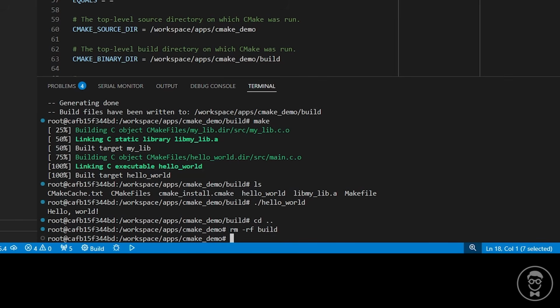Ever since CMake version 3.13, we can specify the build directory. We don't need to go into it like we used to have to do, like I just showed you. So we can call cmake -S, notice the capital S here. This is the path to the source folder. In other words, the context, where can it find that top level CMakeLists.txt, which is the current directory of our project. Then we give it -B, and we tell it the name of the folder we want it to build